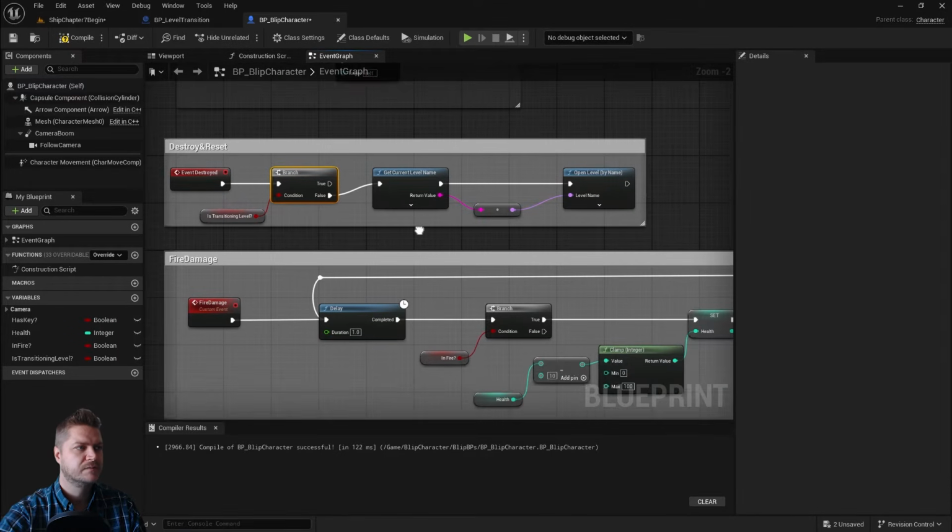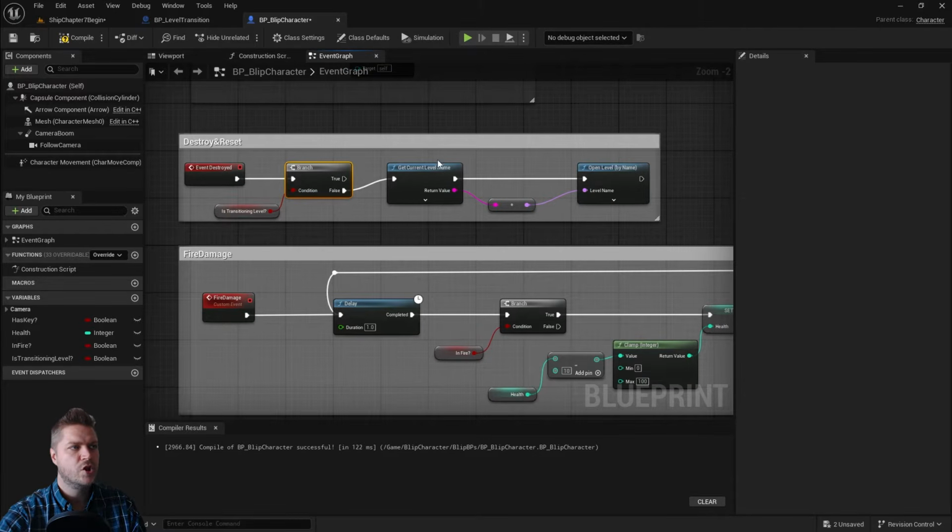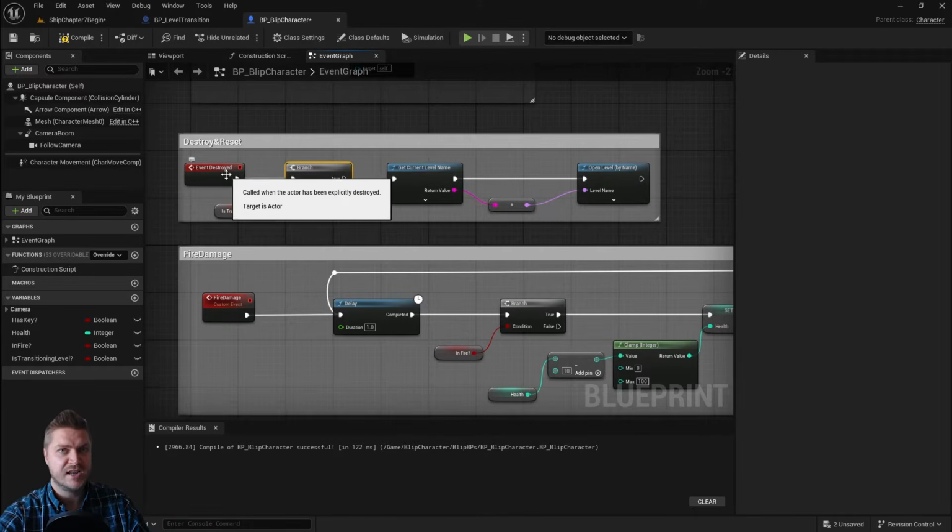If it is false, then we can do the reset and open the current level. But if it's true, that means we're transitioning level and we've got that level opening and the character being destroyed elsewhere, and we don't need to do it. Also, just as a quick tip here, I don't need to set that transitioning back to false anywhere, because what's